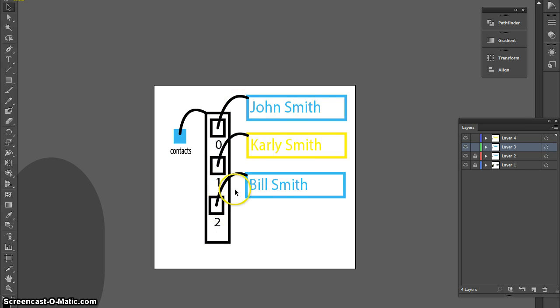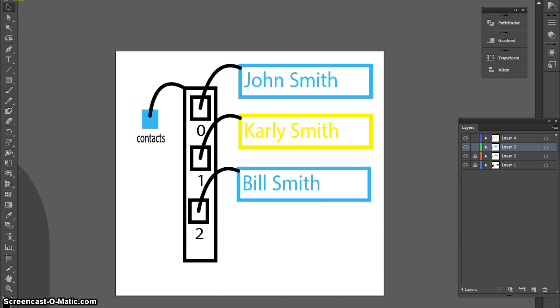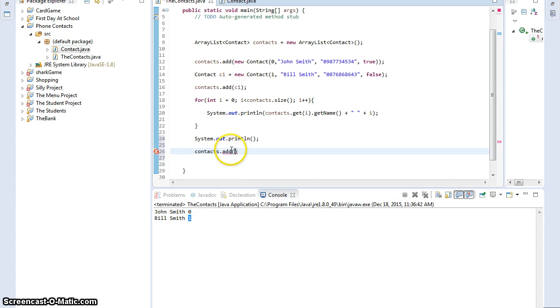So I'm going to mess around a little bit with the order of my array list, and let me show you how to do that with the add method. Notice we did use it here, contacts.add a new contact. But what we can do is say contacts.add in index 1 a new contact object. I'm just going to give it another ID, and this is Kelly Smith,